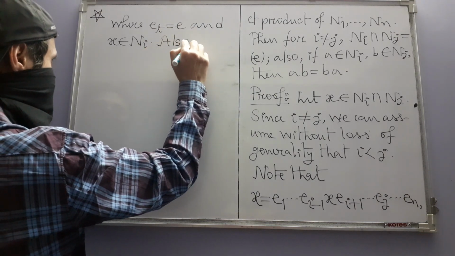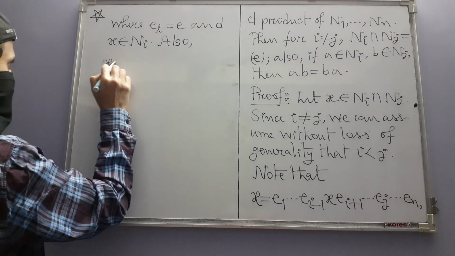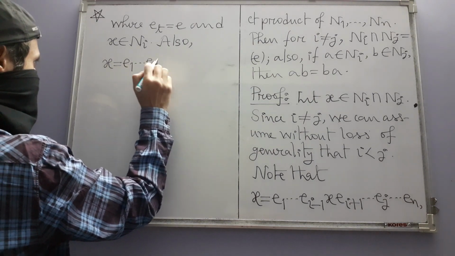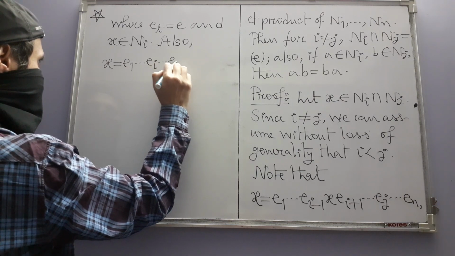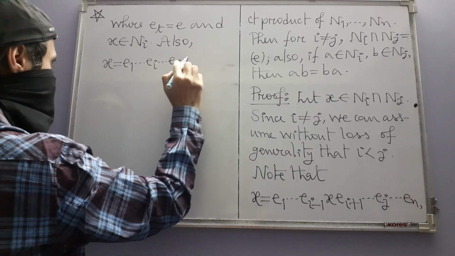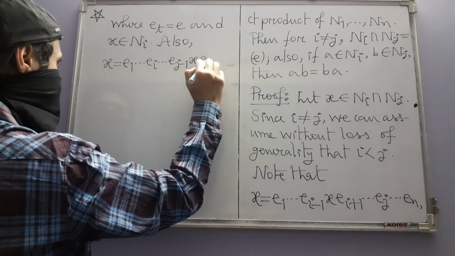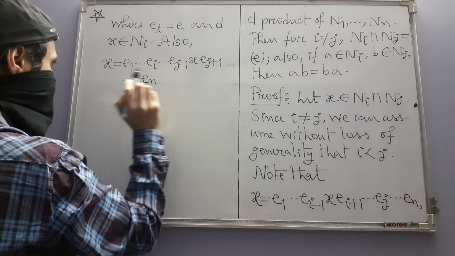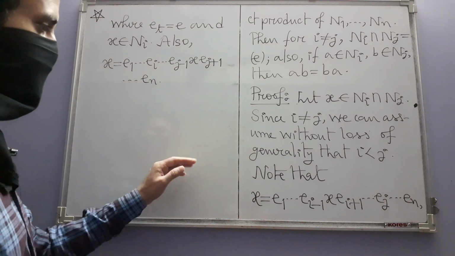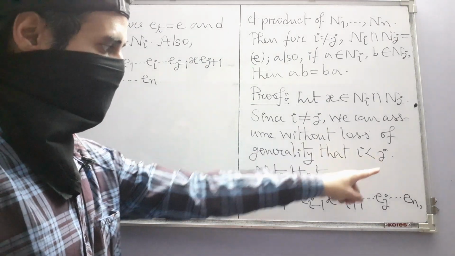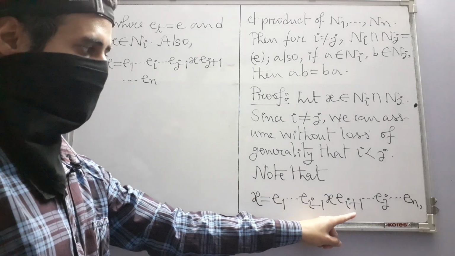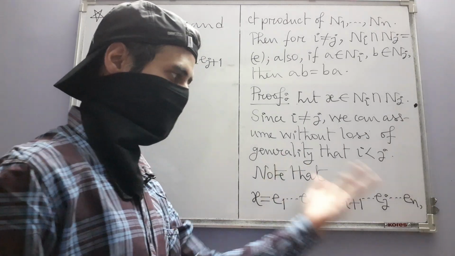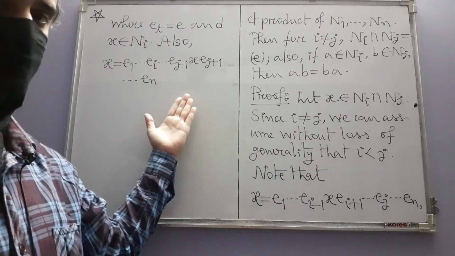Also, x can be written like this: e1 ... e(i-1), e(i+1) ... e(j-1), x, e(j+1) ... en. You see, we need this inequality because here, for example, we are using the fact that i appears first and then j appears. Here also we are using that fact,